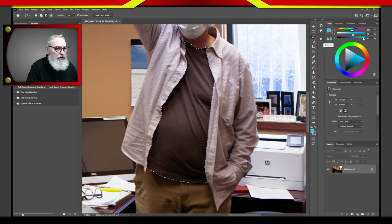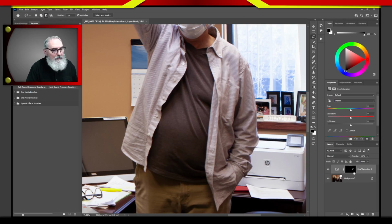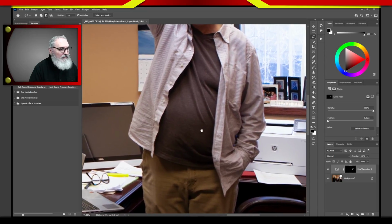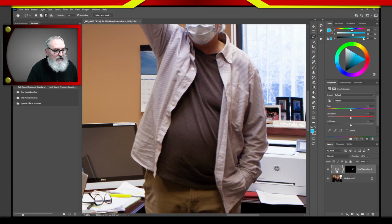And now I am going to make an adjustment. All right, and in this case, I'm going to do my hue saturation. All right, and when I click on that, it creates a mask. If I press and hold the Alt Option key for you Mac people and click on my mask, that's what my mask looks like. Okay. Now, again, because I'm working with a mask, I can go ahead and clean up any edges that I find are terrible. All right. So right now the mask is selected. I'm going to select the hue saturation, and then I have my tools. I can click on colorize, and now